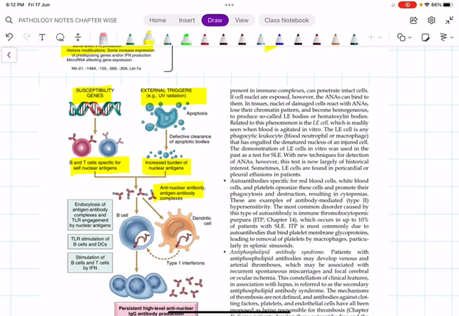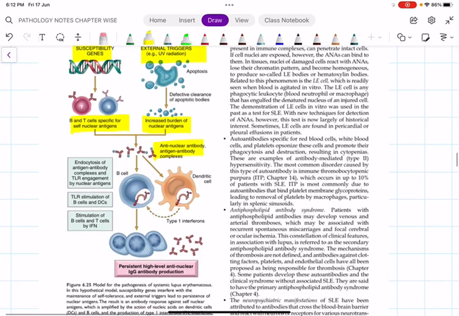So immediately you have to remember what is happening in type 3 hypersensitivity. Antigen antibody complexes will be deposited. These antigen antibody complexes will be endocytosed. Finally this will also further stimulate the B cells and dendritic cells. Then interferon gamma will come into action. All this will further produce high levels of anti-nuclear IgG antibody. In a single line, in systemic lupus erythematosus, due to susceptibility genes or environmental triggers,